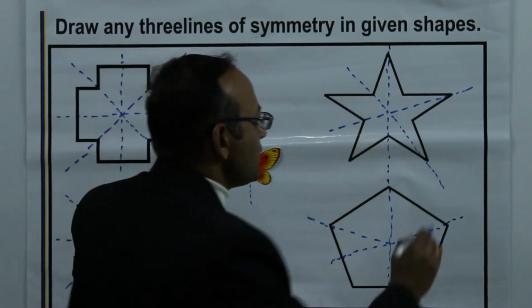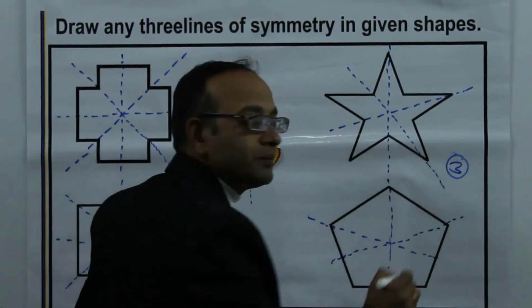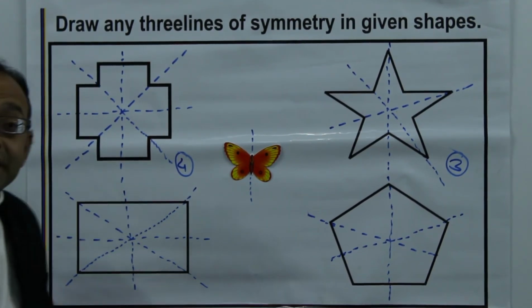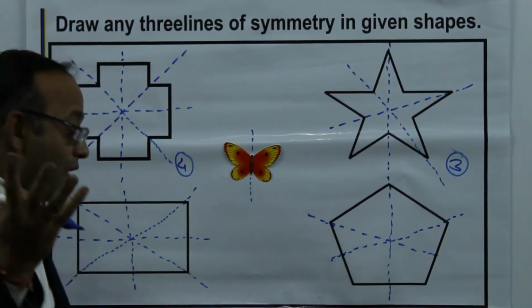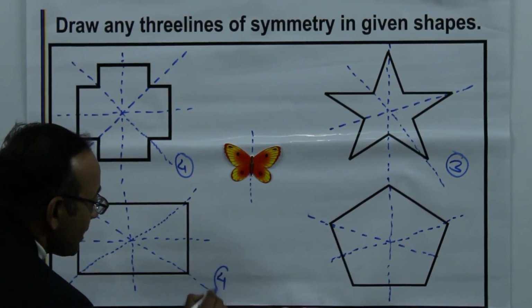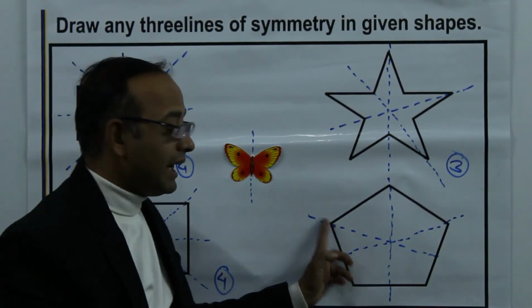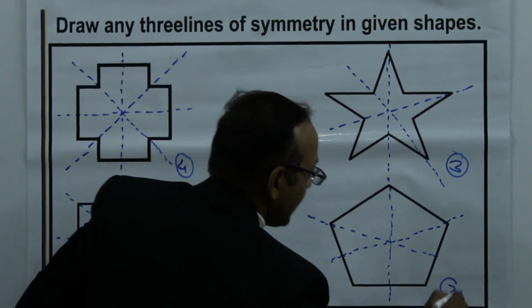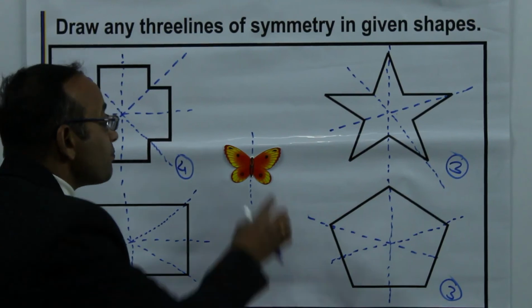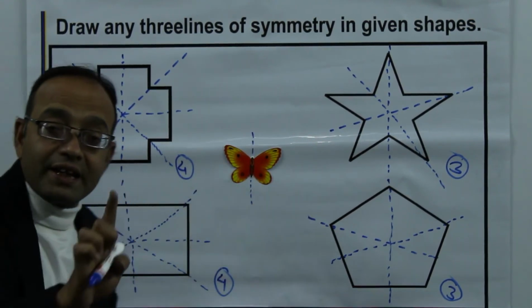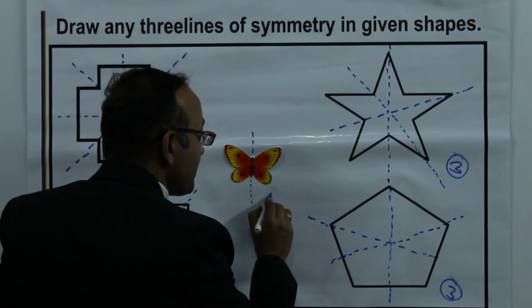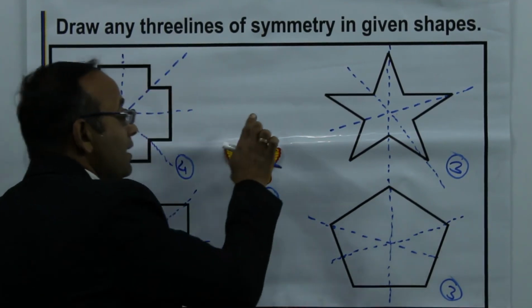It has 3 lines of symmetry. It has how many? Okay, 4. 4 lines of symmetry, and this figure has only 3 lines of symmetry. And this butterfly has only a single line of symmetry, means one line of